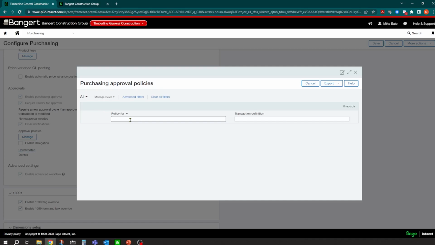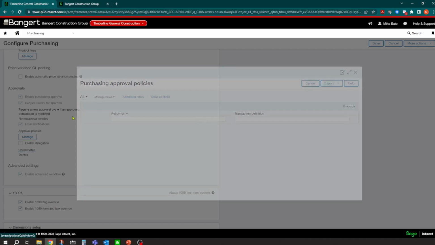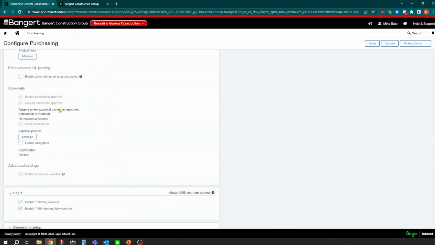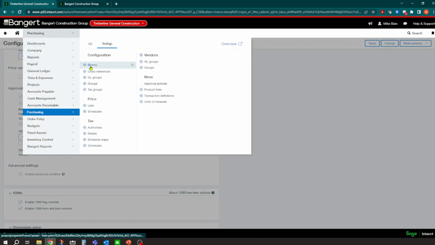And in here, you could set up your approvals and you can have particular policies for certain types of documents. So for example, you can have an approval workflow set up for subcontracts that is different from your approval workflow that you set up for a purchase order. Maybe purchase orders based on amount, subcontracts based on project manager, then amount. You can have all different levels of approval setups in the system. We're not going to dig too far deep into this today, but you can have full-blown approvals turned on at any stage in the process. So you can also have them turned on.